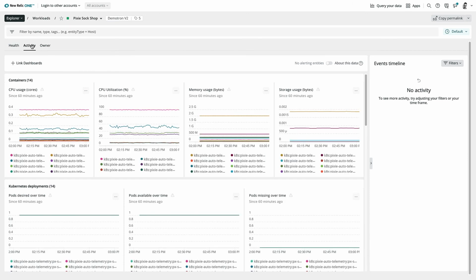This concludes today's Nerd Byte, where we used the Kubernetes Cluster Explorer to identify a Pixie instrumented service, and then we navigated into that service to learn more about its performance. New Relic's integration with Pixie helps developers reduce toil while still providing important visibility into the performance of Kubernetes-based services.